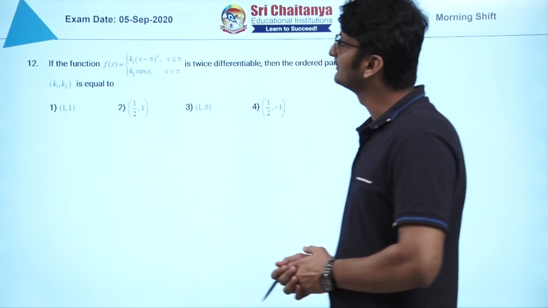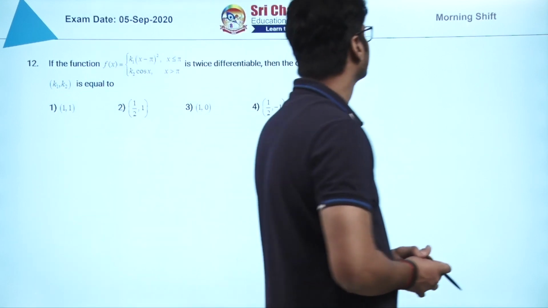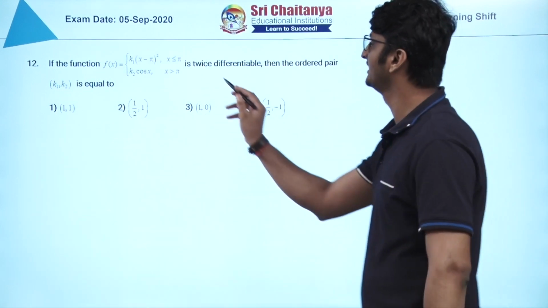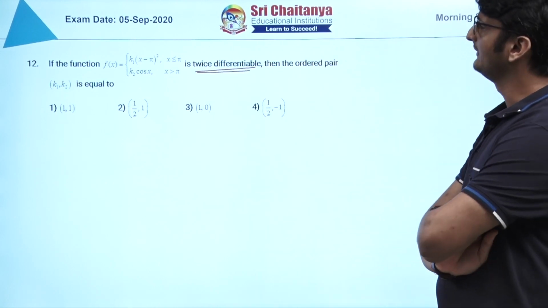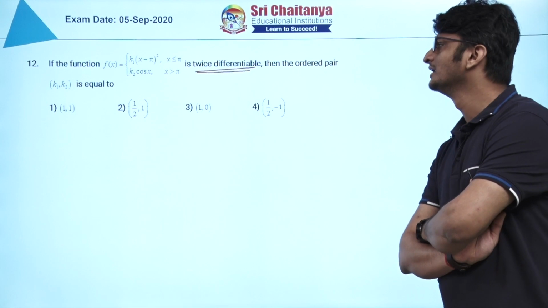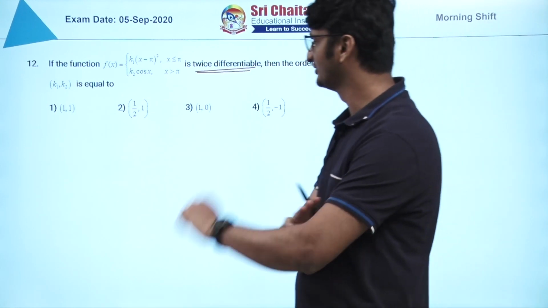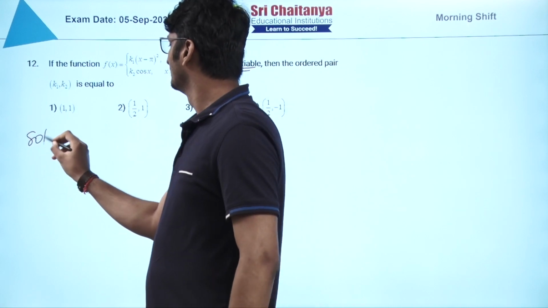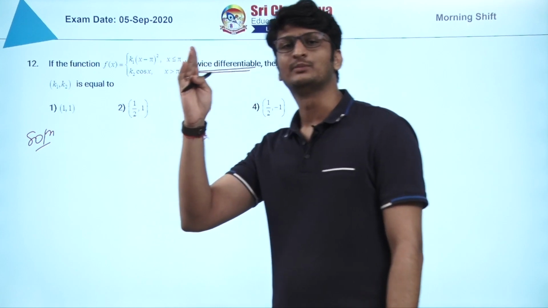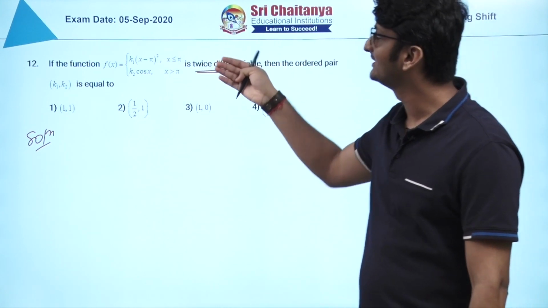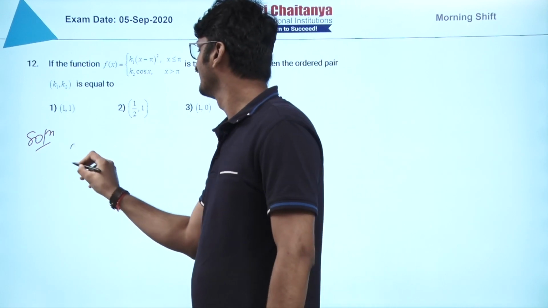This is the first question we have got from the chapter continuity and differentiability. Here the function is given, and the keyword is twice differentiable. If the function is twice differentiable, that means f of x must be continuous, and again f dash x must be continuous. 4 conditions we will be getting. Let us see. Everywhere this function is continuous and differentiable other than pi. That means pi was the doubtful point. Here it is even given that this function is continuous and differentiable at pi also. So let us use that property.